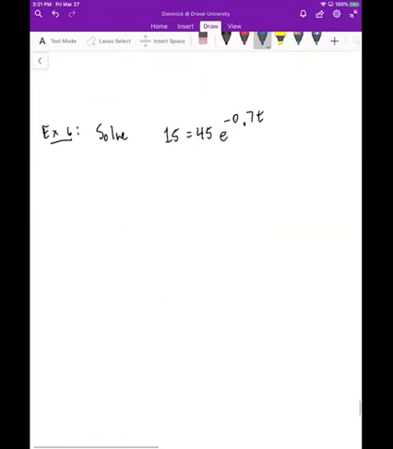Okay, now in this next example, we should be able to explicitly get a value for t. Okay, so what do we need to do? Well, we see that we have our variable in the exponent, so we want to try and convert this to logarithmic form. Now when we do that, I would first need to divide both sides by 45. So that way the left side, if we reduce 15 over 45, we're going to get a 1 over 3. And then we're left with e to the negative 0.7t. Now, if we convert to logarithmic form,